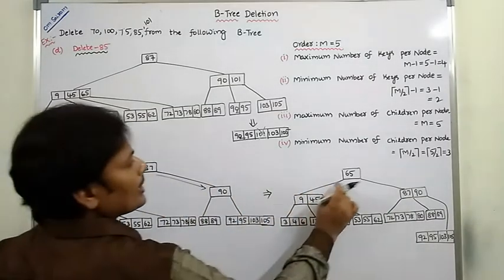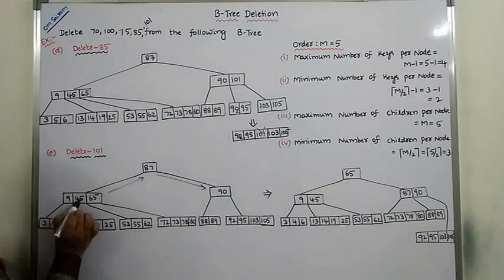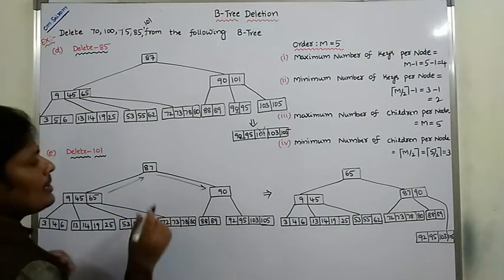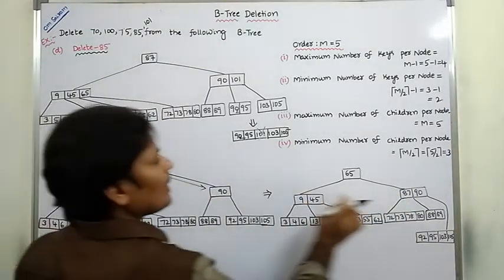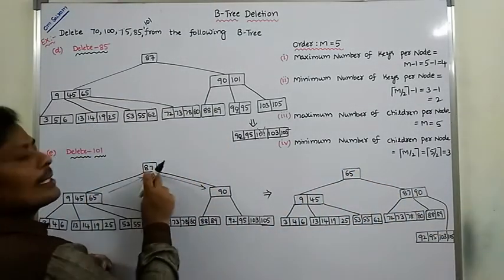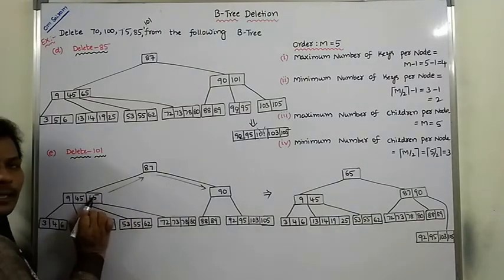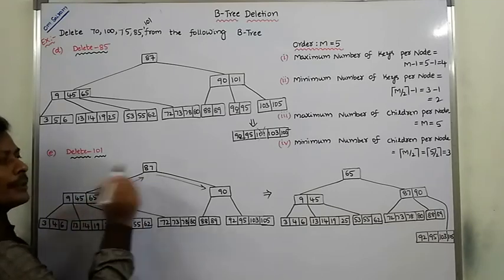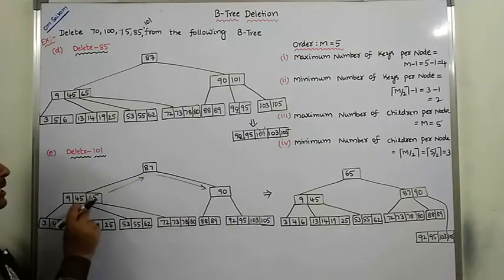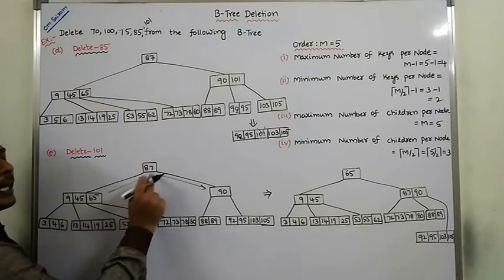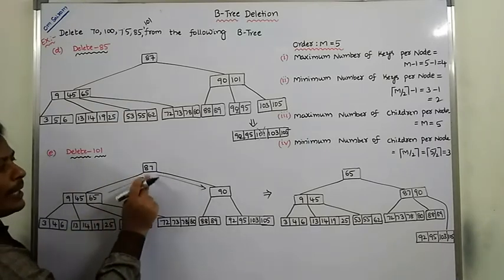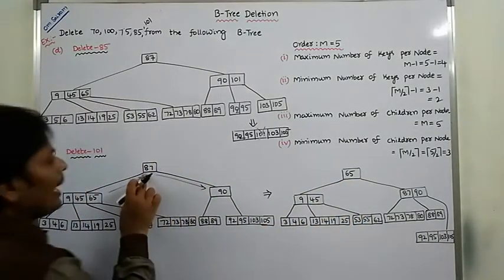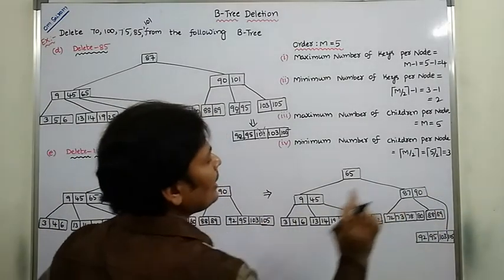65 goes to this one, 65 is the root node, and this node contains 9 and 45, so it contains the minimum number of key elements. So this node contains 87 and 90. Now the root node is 65. The maximum element in that node can be transferred to the root node. So here the maximum element is 65, and 65 can be transferred to the root node. The root node element is transferred to this one. So here 65 goes to this one, and 87 goes to this one, 87 and 90.